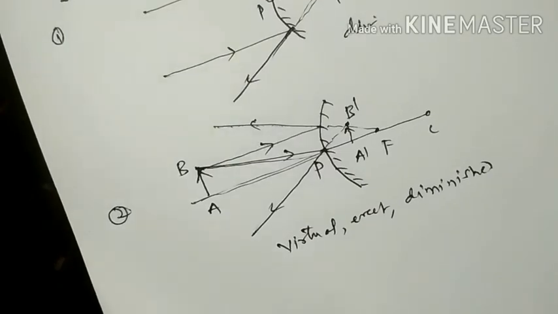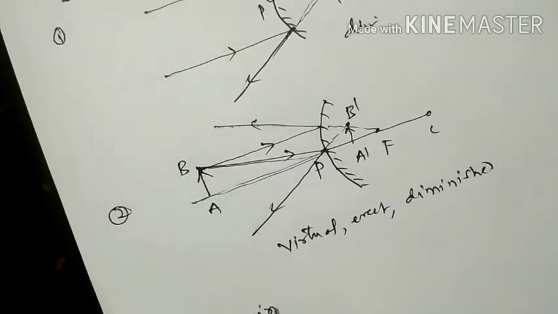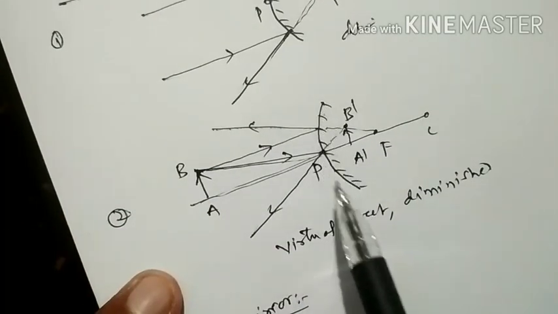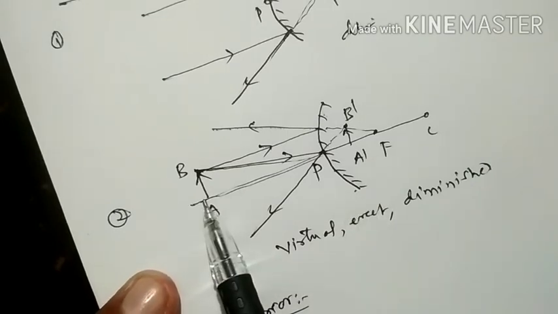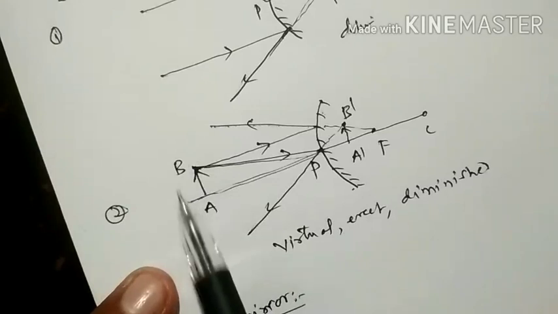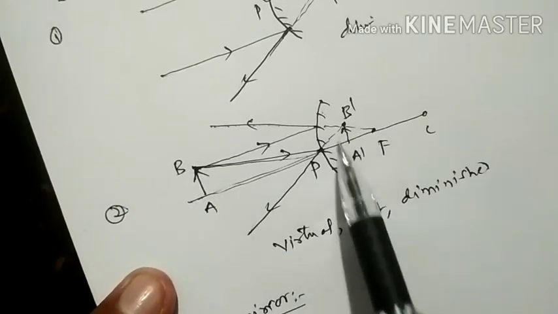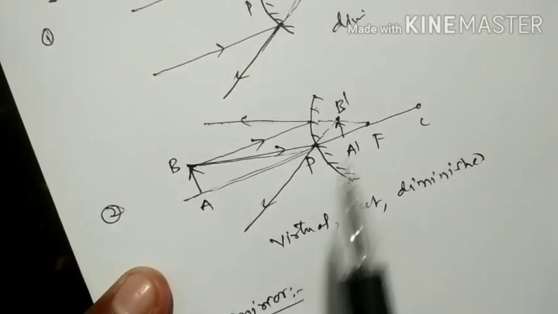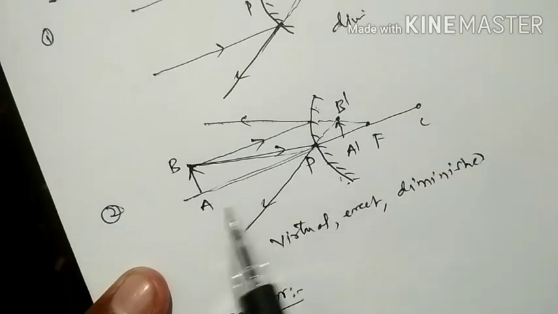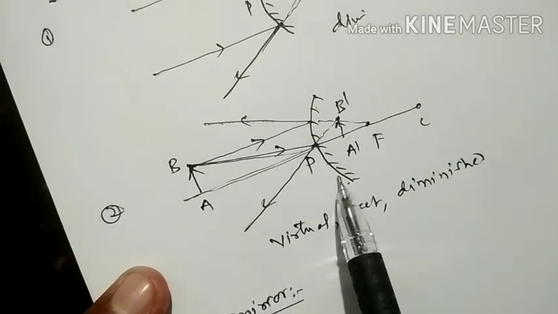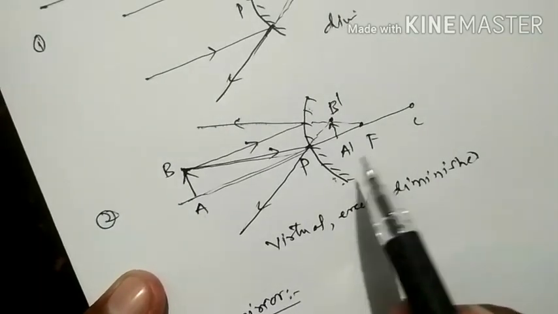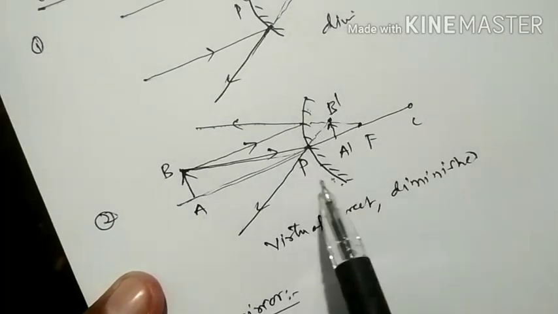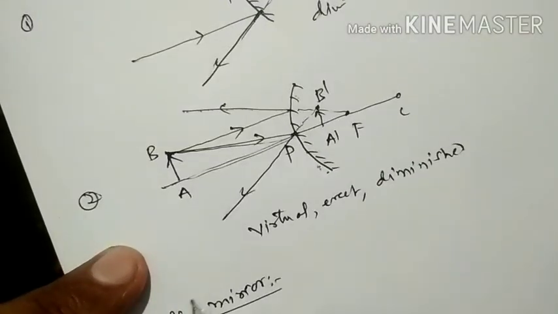So the convex mirror is used. You can see this diagram. This is the side view mirror of the automobile, and this is a car which is behind this automobile. The car is very large, and you are going to get the smallest image of that car. Because it forms diminished images and also has a very large field of view, the convex mirror is used here.